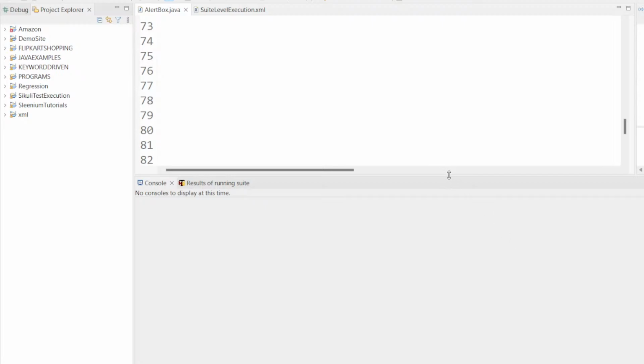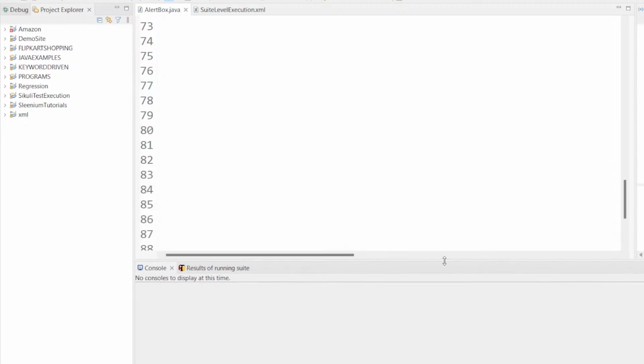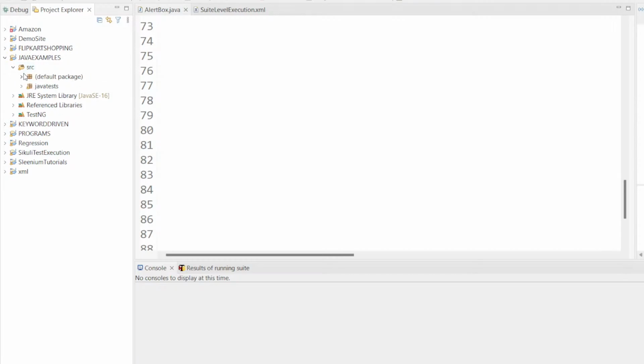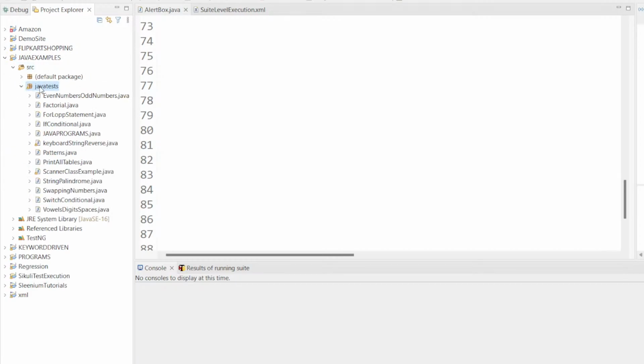Okay, that is called a single dimensional array. How it will look like, I am going to show you. For that, let me create one class here, new class. So what is our class name here? Single dimensional array, single D array I can mention here, which is having one public static void